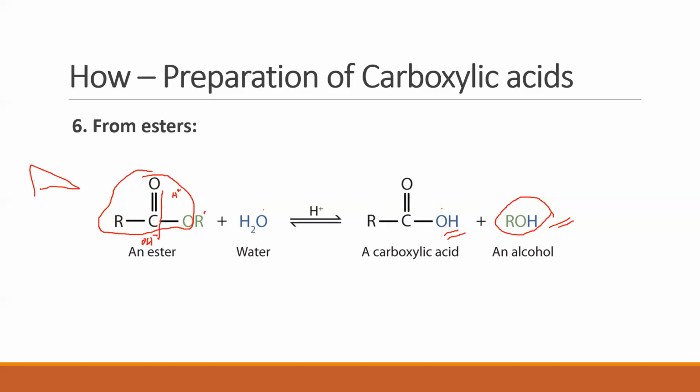So very, very important reaction. Clear? We will study this as a chemical property sometime in the future in the same chapter. But here I want you to understand, when an ester is broken down to form a carboxylic acid and an alcohol, where is that OH coming from, or where is the oxygen in the carboxylic acid coming from, is the question. So very, very important.